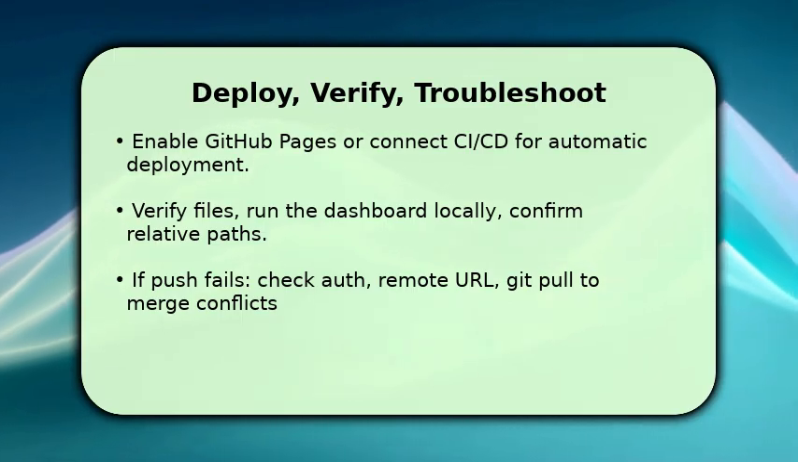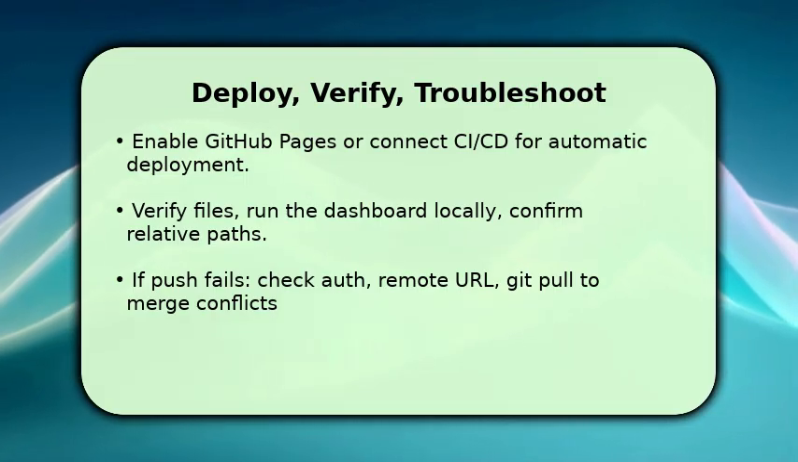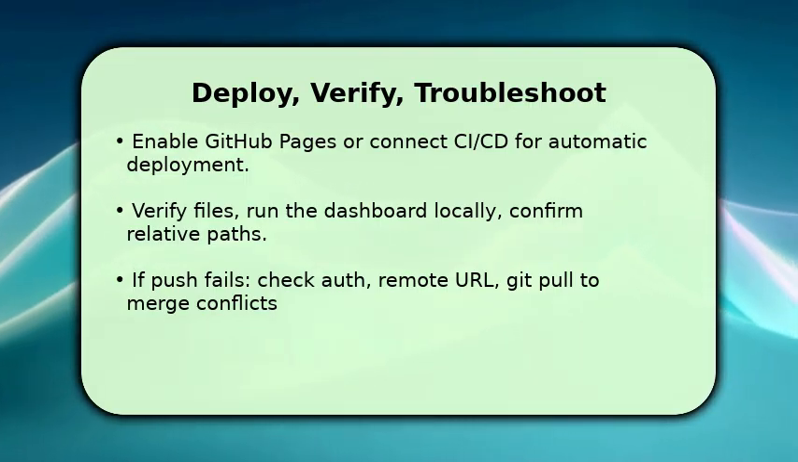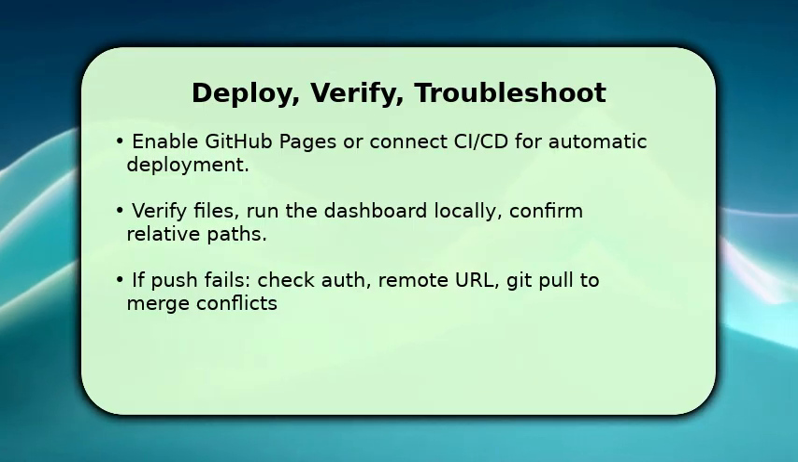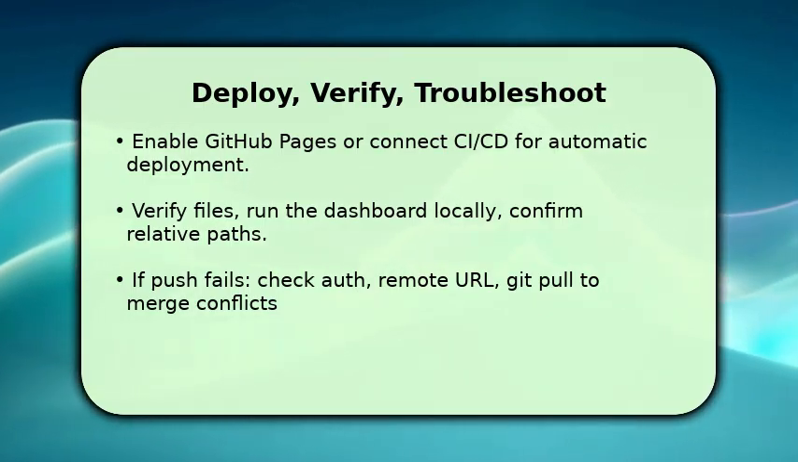If your push fails, check your authentication method, confirm the remote URL with git remote -v, and run git pull to resolve conflicts before pushing again. Keep one troubleshooting tip in mind. Merge conflicts usually mean you need